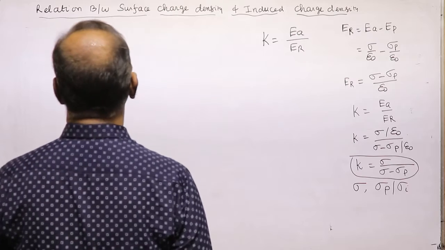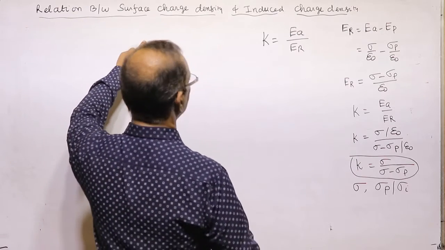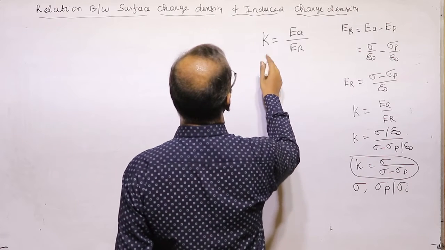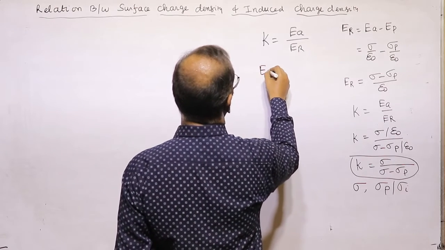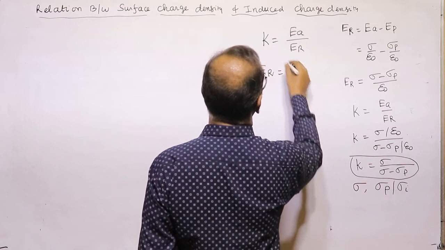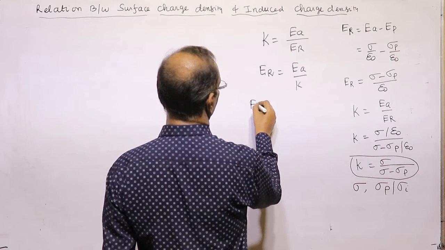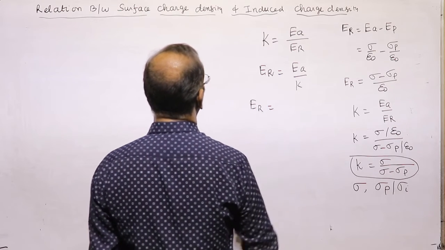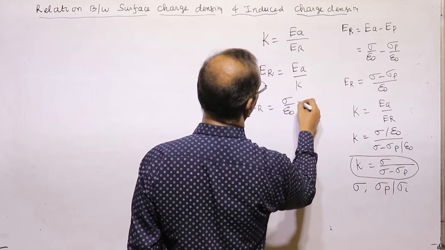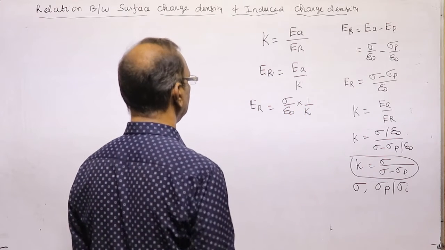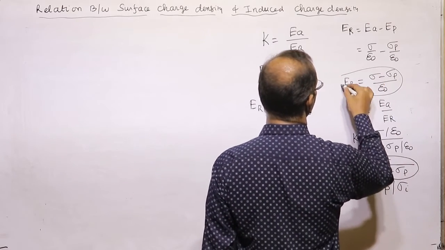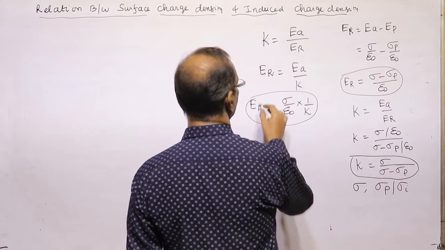And what is the relative permittivity? See K. Now, E applied is equal to K times E reduced, so E reduced is equal to E A by K from this expression. What is E A? Sigma by epsilon naught, into 1 by K. This is E reduced. As we have also found E reduced before, comparing these two,